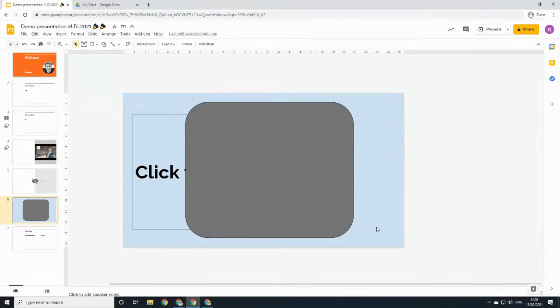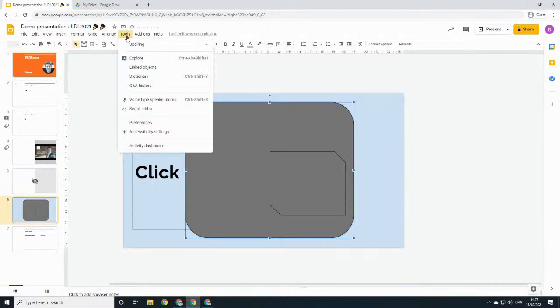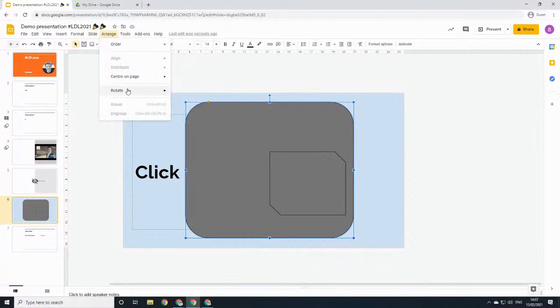In some of the more professional presentations that I've created, I've layered different shapes together to create things that look like a tablet or a Chromebook or a Christmas tree, if you watch the Google Drawings webinar. I've done that by moving things backwards and forwards. If I go to the arrange option, I can send things to the back or send them backwards. So you can see here I've got one of my shapes, and then if I send it back again,